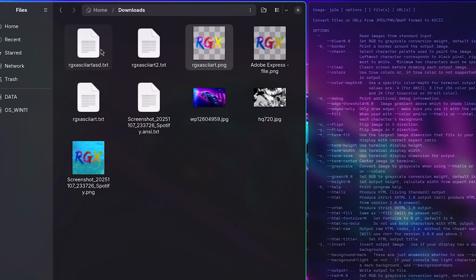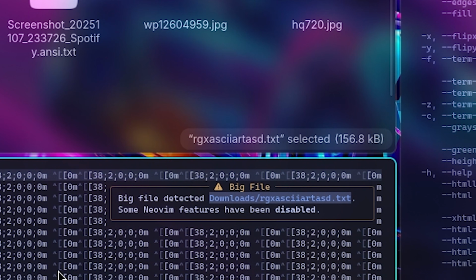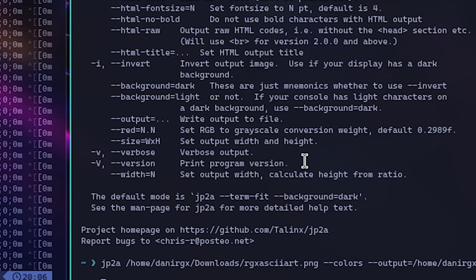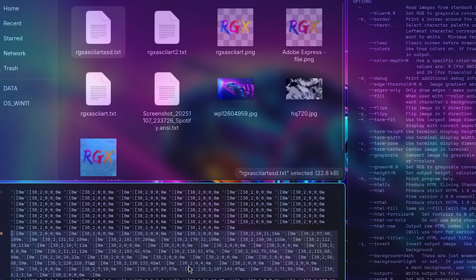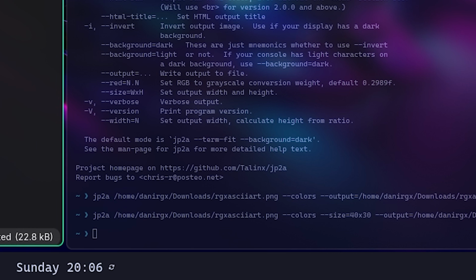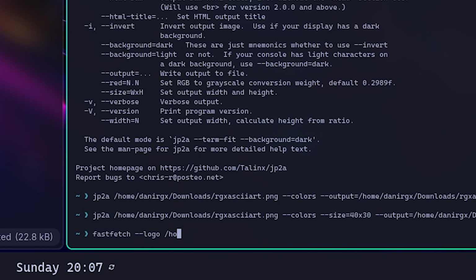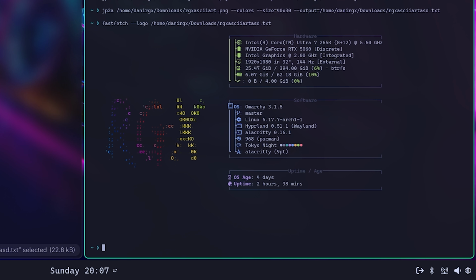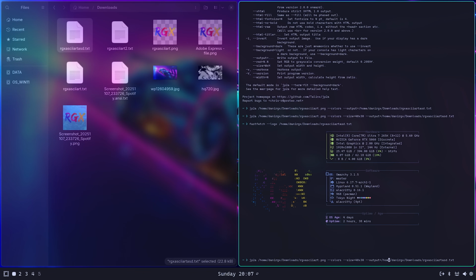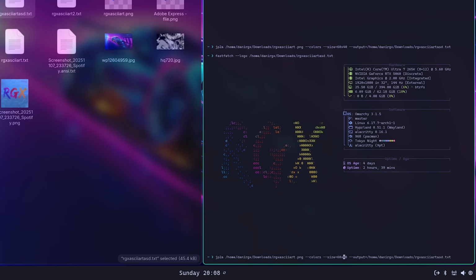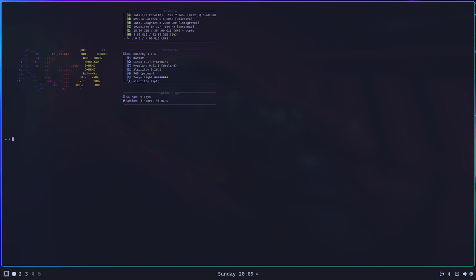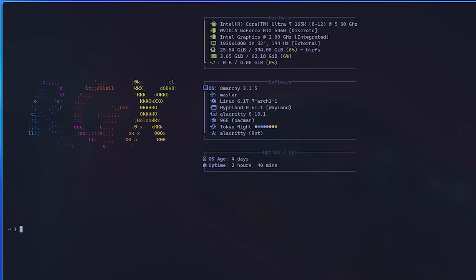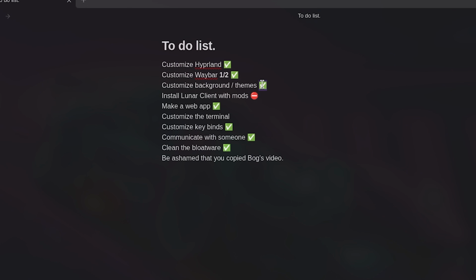Okay, a file appeared, but this is, I think, a bit too big. There is a size variable, so let's change that maybe. So we did override it. It's much smaller. And so now if I do fastfetch logo and the directory, let's use the .txt file. Oh my days, it actually works. Let's tweak it a little bit though. Okay, so now if I open the terminal, it works. That looks crazy.